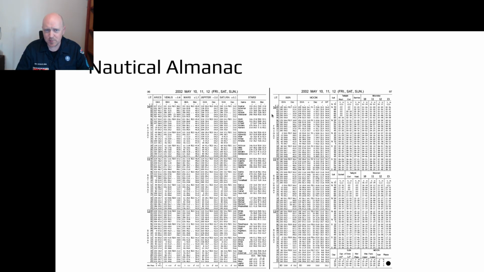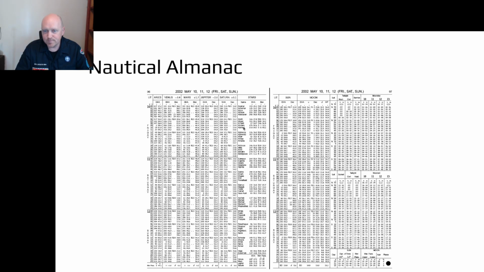And this is an example of the part of the Nautical Almanac that focuses more on the planets, which are also very useful navigational things if you can see them. And then you can see here, these are some of the stars, which is kind of cool. They all have names. And I think we even have a slide later that talks about some of the more popular ones. But most of these are parts of